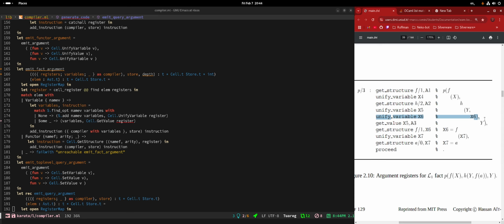Okay, that second part, I got it. I just don't know how you're gonna detect this thing. You just need to check if it's a variable or a functor. No, wait, then I am misunderstanding something, because the term that we're iterating through is not this one, it's actually the one on the bottom. Ah, you're completely right. We are doing f, h, and y now, correct? Yes. And then later on, what we're gonna do is the x.